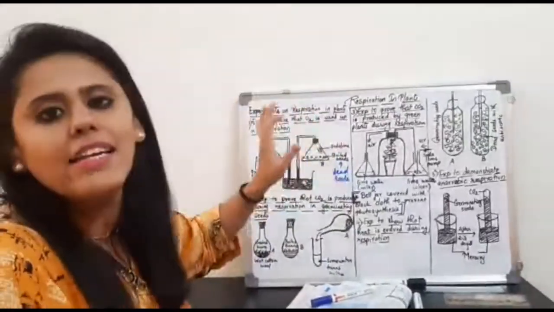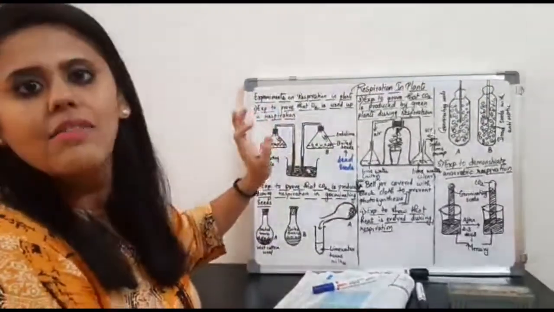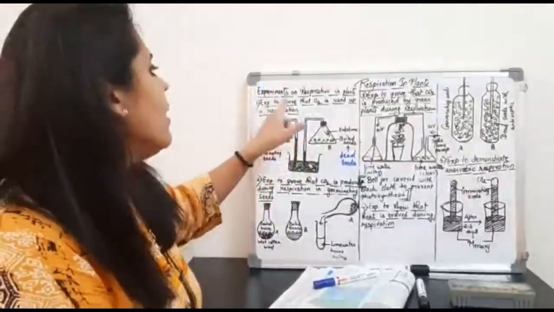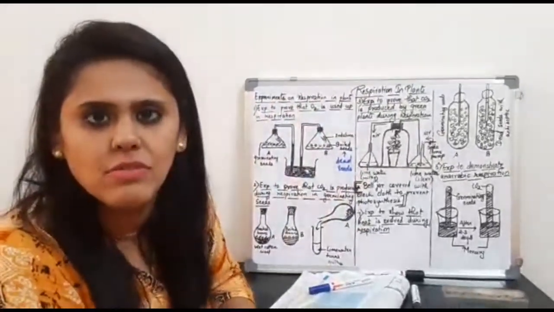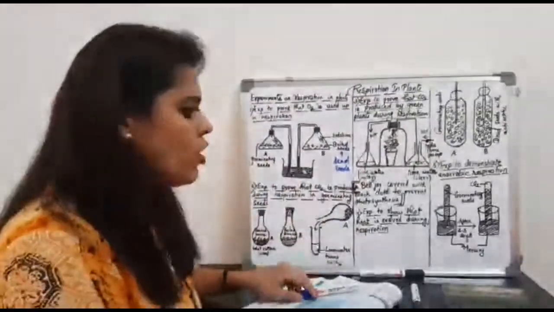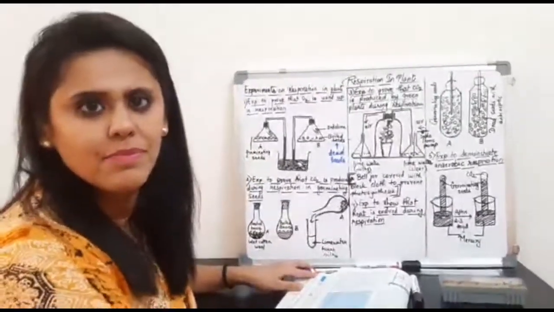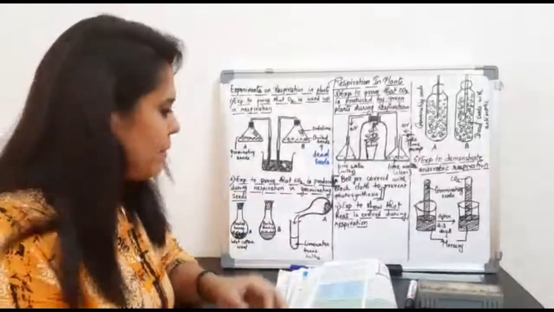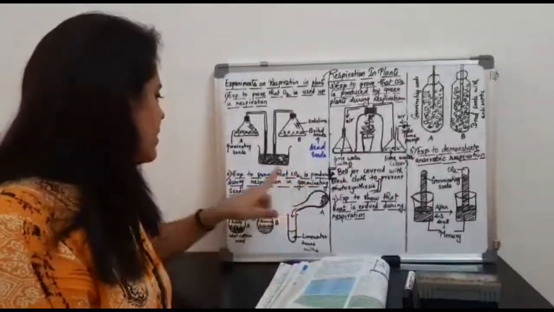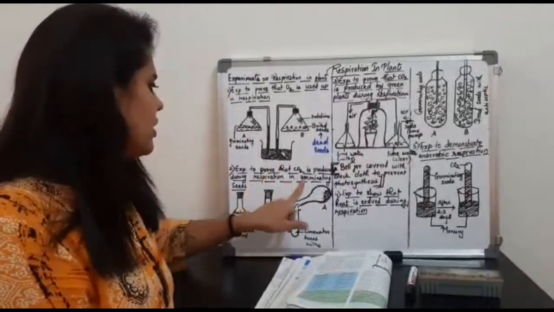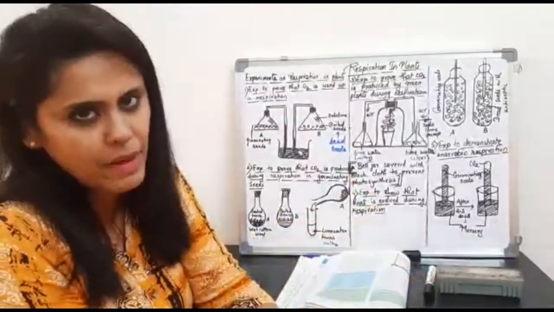So in this entire experiment, we come to know that since the water levels have risen, we have understood that the oxygen is being used in the process of respiration, right? Moving on to the second experiment. The second experiment says that we have to prove that carbon dioxide is produced during respiration in germinating seeds. Now this is a very simple experiment.